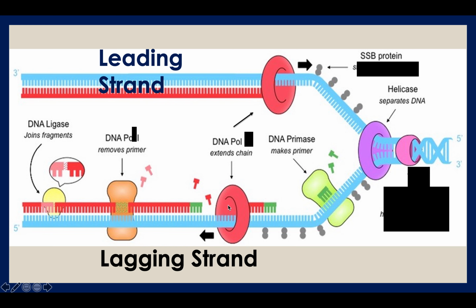we see that DNA polymerase runs into a problem because we already established that DNA is synthesized only from the 5' to the 3' direction, and therefore DNA polymerase cannot just bind here and begin producing new DNA in the same direction that the other one is, because if it were to do that, it would have to do it from the 3' to the 5' direction, and that is not going to happen. Alright, we already established over and over again that DNA is synthesized from the 5' to the 3' direction,